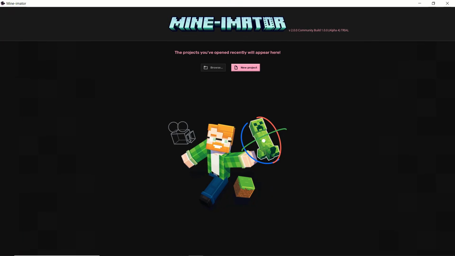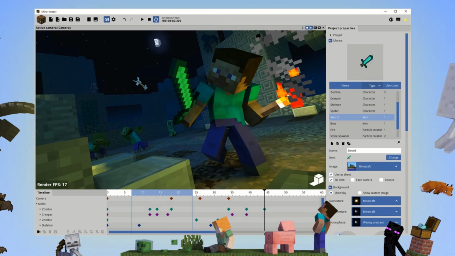You want to know how to make Minecraft animations, and you've come to the right place because we're going to start today with a tutorial of Mine-imator version 2.0. So let's just hop right into it. You want to get this software, so first you're going to need to download it. We're going to do a speed run of that process. And you might think it's simple, but there's actually a little bit more to downloading Mine-imator if you want the